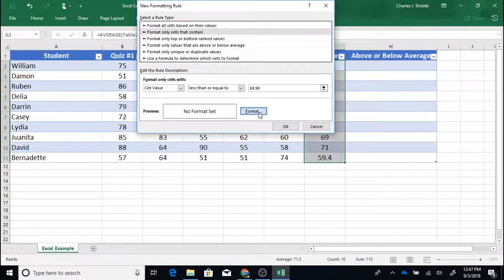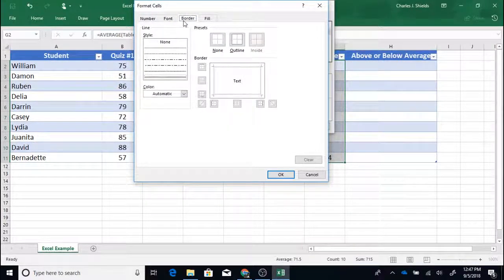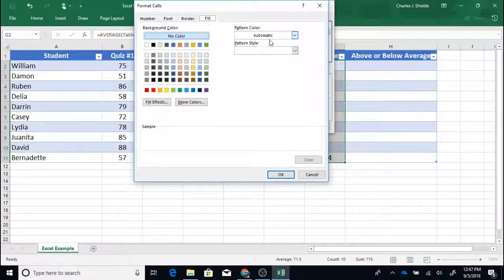And we choose what that format is, so I'm going to choose Format. If I just wanted to have the background color set to yellow, I could do that. I can certainly choose any type of background that I want. If I want the font to be unique or I want the border to be unique, I can change any of those options. I'm going to add a pattern style to mine, just a large array of dots,